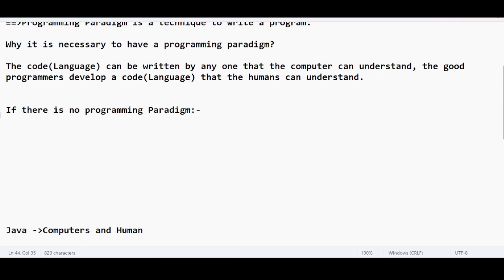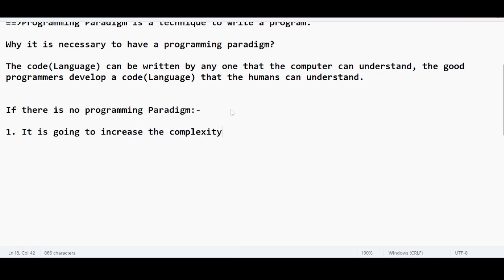Likewise, if there is no concept of programming paradigm in the computer world, it is going to increase the complexity. First point, it's going to increase the complexity. Second point is,